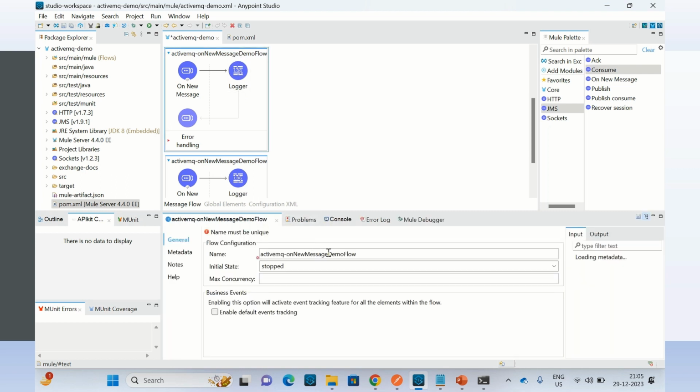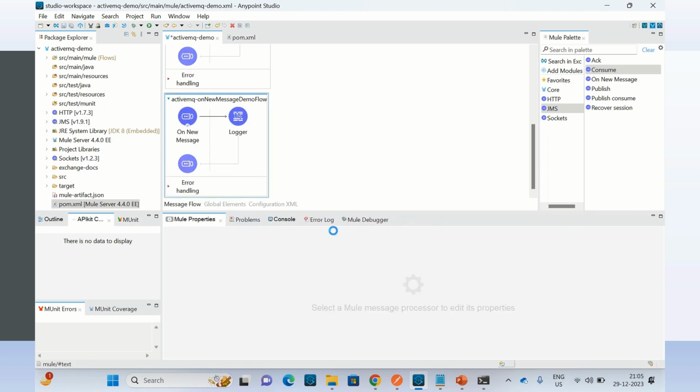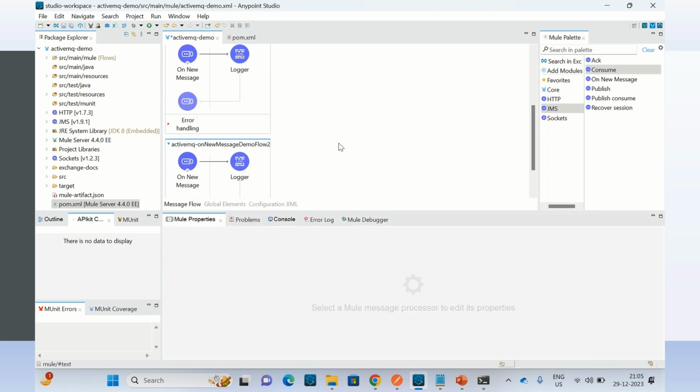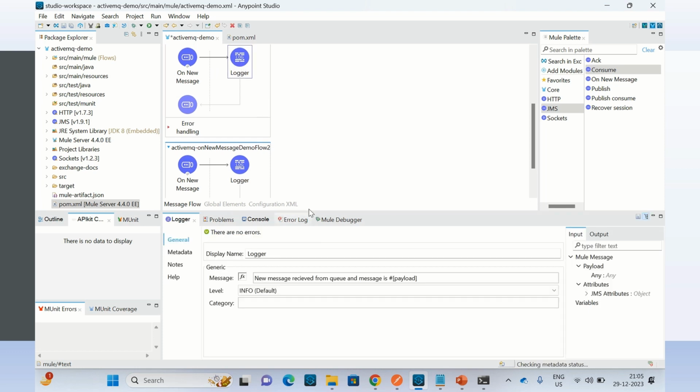Let's call this flow 1, on message demo flow 1, on message demo flow 2, and I will change the log. I will add consumer 1,